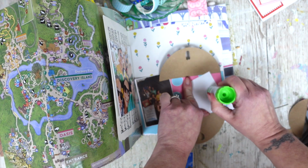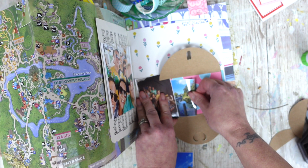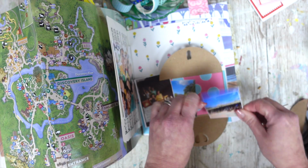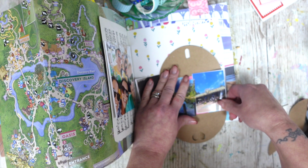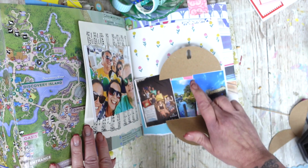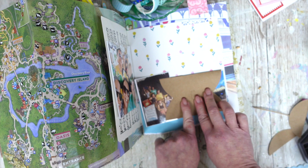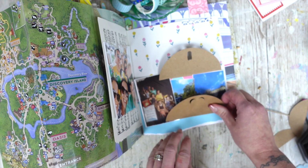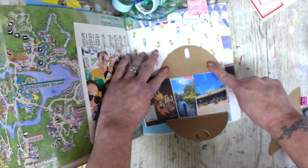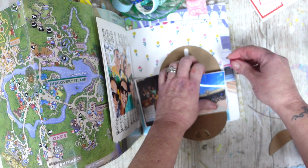I haven't even put my usual white backing on these, you may notice, but it's because I haven't got a lot of space. So there, and there, perfect. Yeah, I don't really have the space, but I'm happy with that. That looks cool, and then I can still fold that up like that if I wanted to. The other thing I was going to do, that's not going to work now. Maybe I will keep that up actually, because the other thing I was going to do on the sketch is